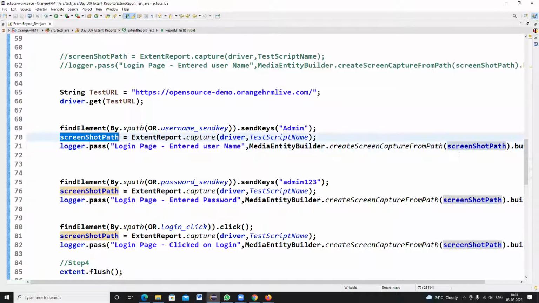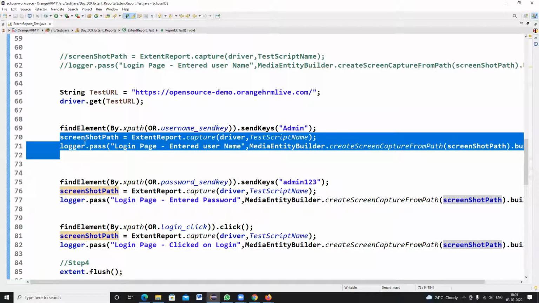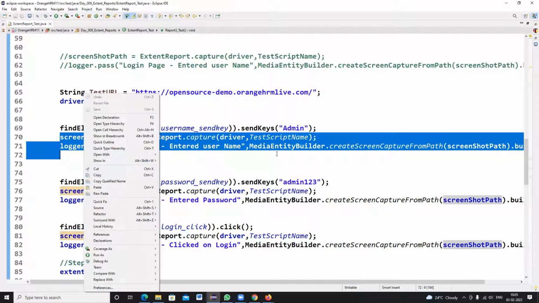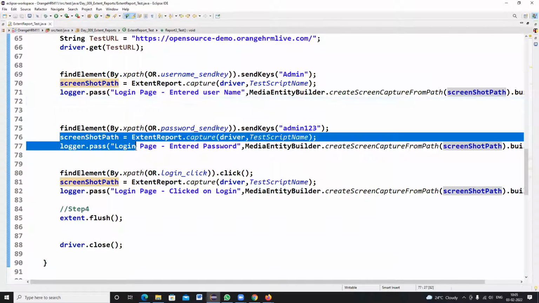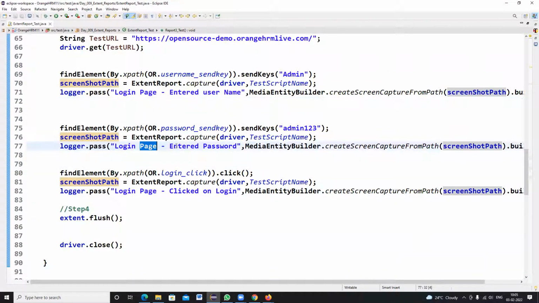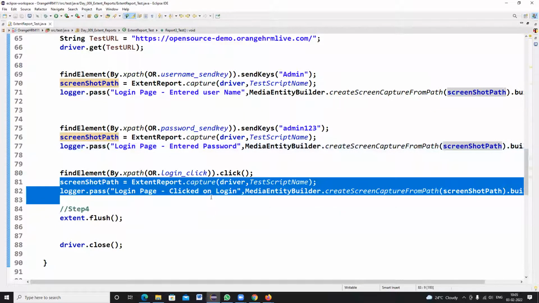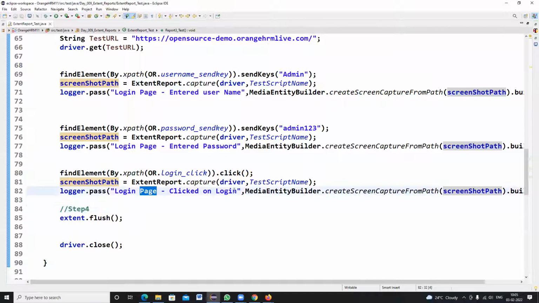And this is the screenshot path I'm passing here. So these 2 lines of code I'm copying and pasting for every set of driver instruction. So I'm writing login page, password entered. And after clicking on the login button, login page, clicked on login. And this is the screenshot path reference I'm getting.